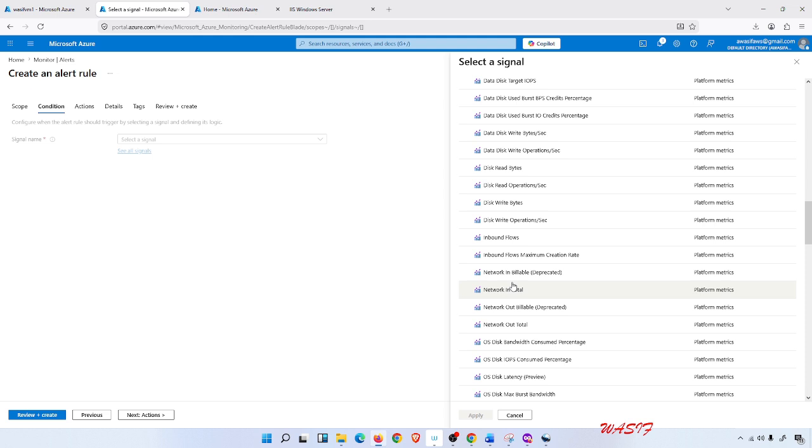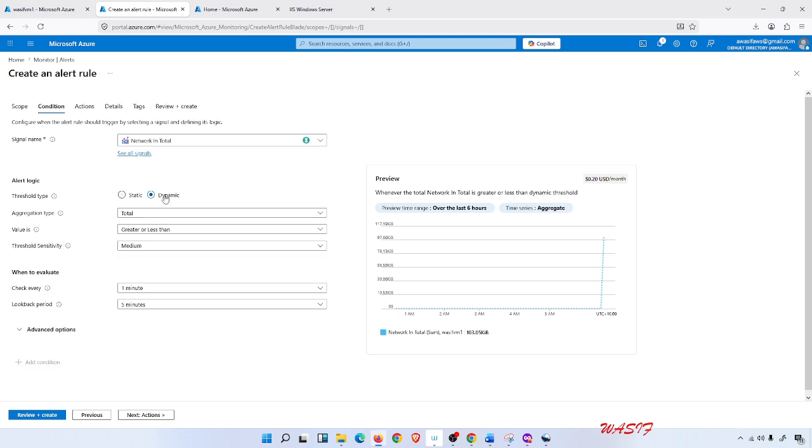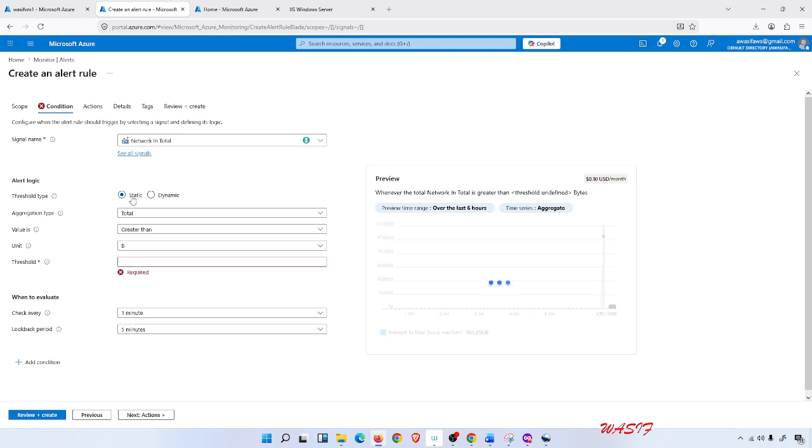Network in total, because we will be logging into the machine and performing some operations on the machine. So network in total, apply. You can select network out as well. Log into the machine and do something outside the machine, that will do. Now dynamic, don't select dynamic, then you don't have control over it. So static,